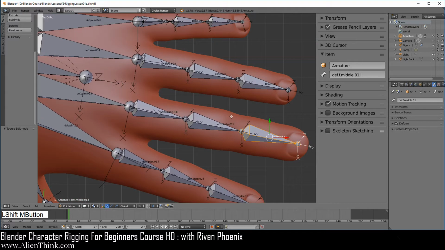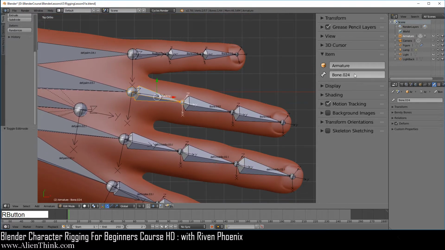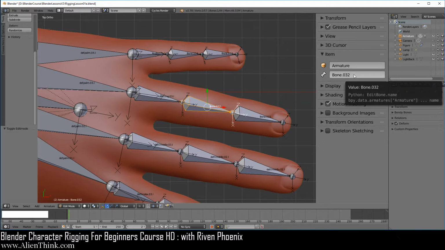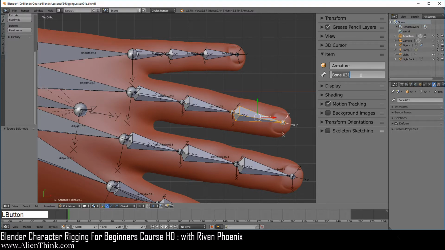Now we just need to do over here, this is going to be our ring finger, dev.F.ring.03.L, enter, hover your mouse and copy, click inside. On this one, Control V, change this to 2, enter, click over here, click inside, Control V, and change this to 1, and then enter.